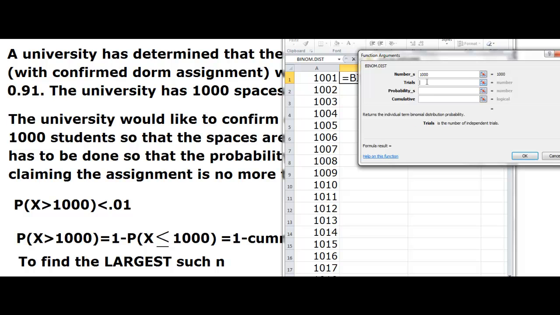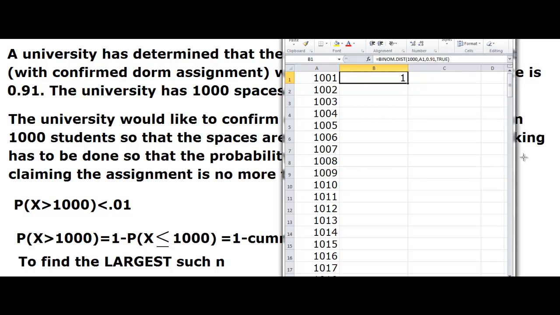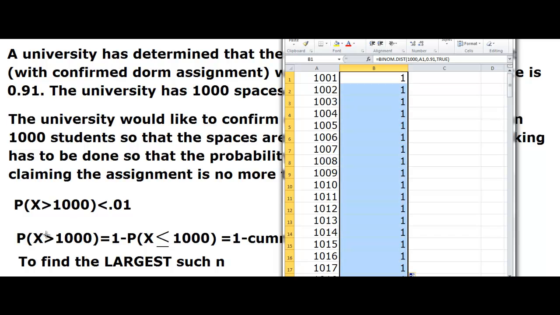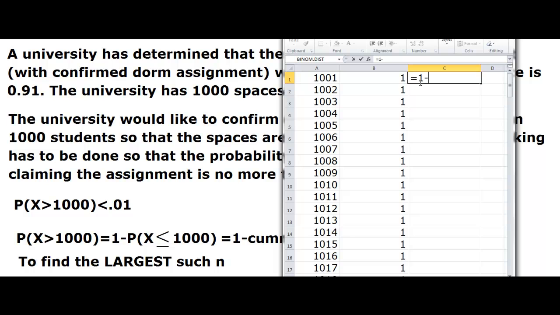Now the total number of trials, we are going to keep that as a variable in this case, because that's the number that we want to determine, and the probability of success in any trial is 0.91, and we are going to say true for cumulative. So here we have the cumulative probability, and we are looking for the probability of the complement. So we put the equal sign, then 1 minus, then we press enter, and of course this is 0,